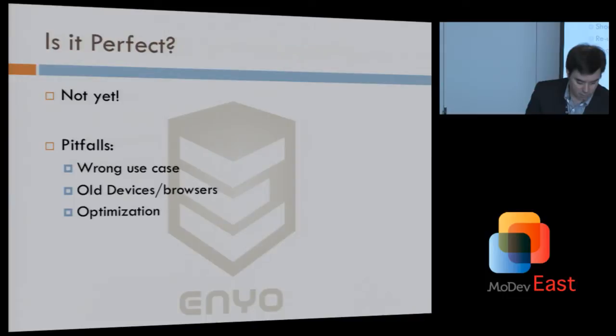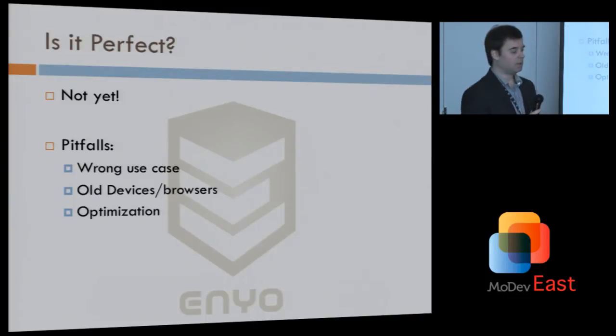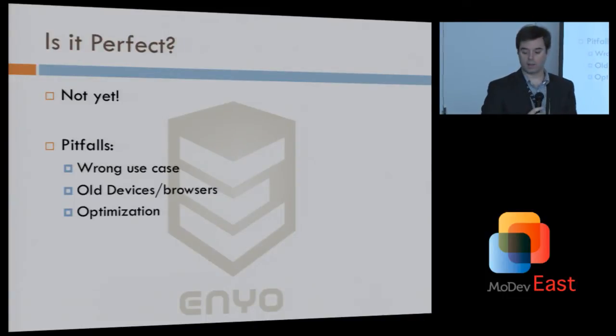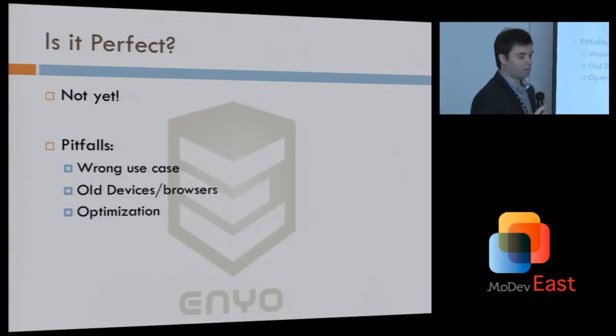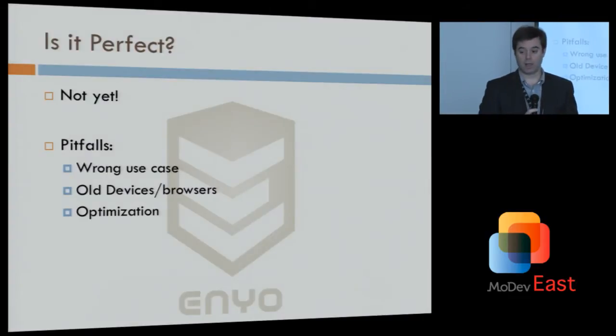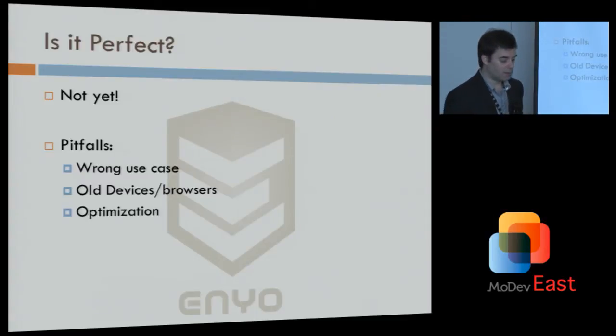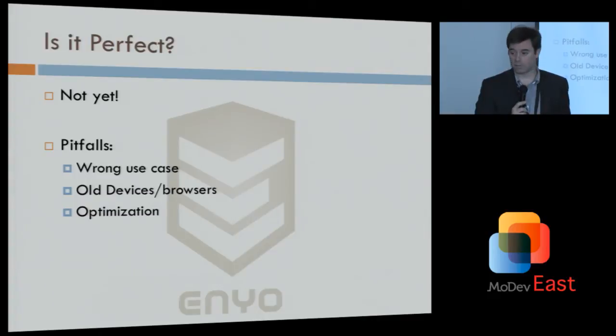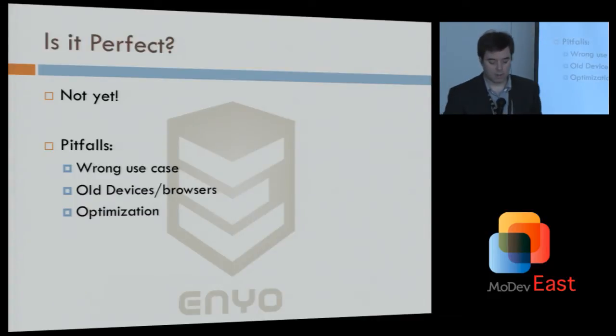Certainly, there are challenges, though. Is it perfect? No, it's not perfect for everything. There are use cases where it may be better to develop a native mobile app than it is to use an HTML5 and JavaScript solution. Particularly, it can be very difficult if you have users who are using very old Android devices, for example, that are not as powerful as today's smartphones. Or you have a lot of users on IE8. It can be very painful. At least IE6 is mostly dead now, but